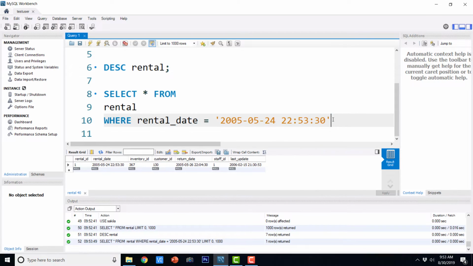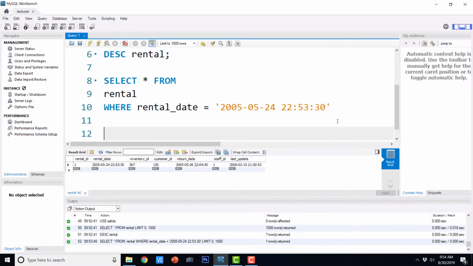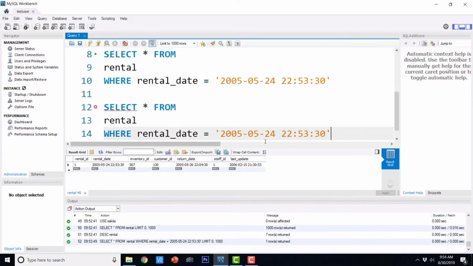So this is how we can compare the rental date as it is, or any sort of date as it is, the entire date as well as the time. Now we can also say something like this. Basically you have to mention the date in the string format, and this is the string format it recognizes. So it is year, month and day, and this is hours, minutes and seconds.